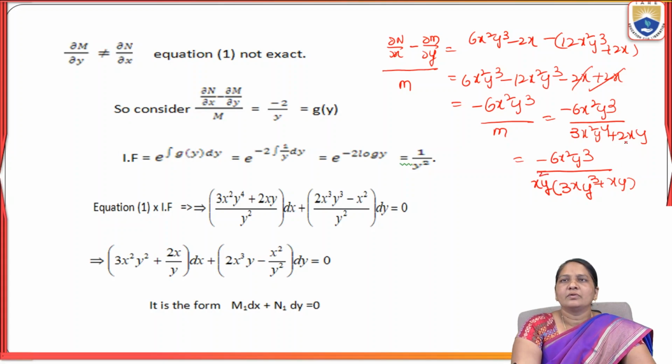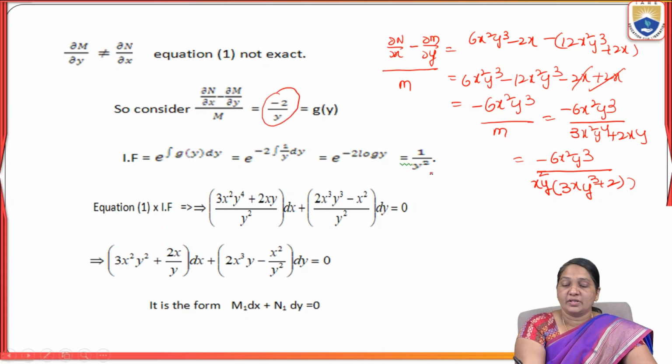So here this is 2xy. Already x and y are common, so we can write the 2 value. When we simplify this equation, we are getting the value